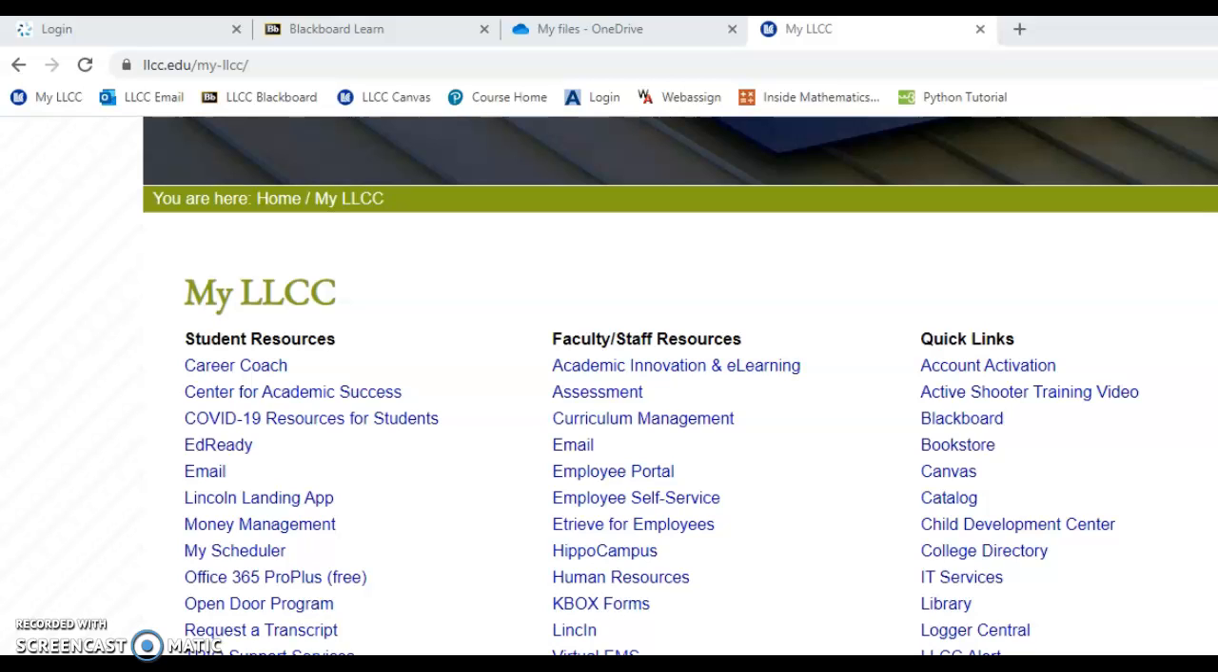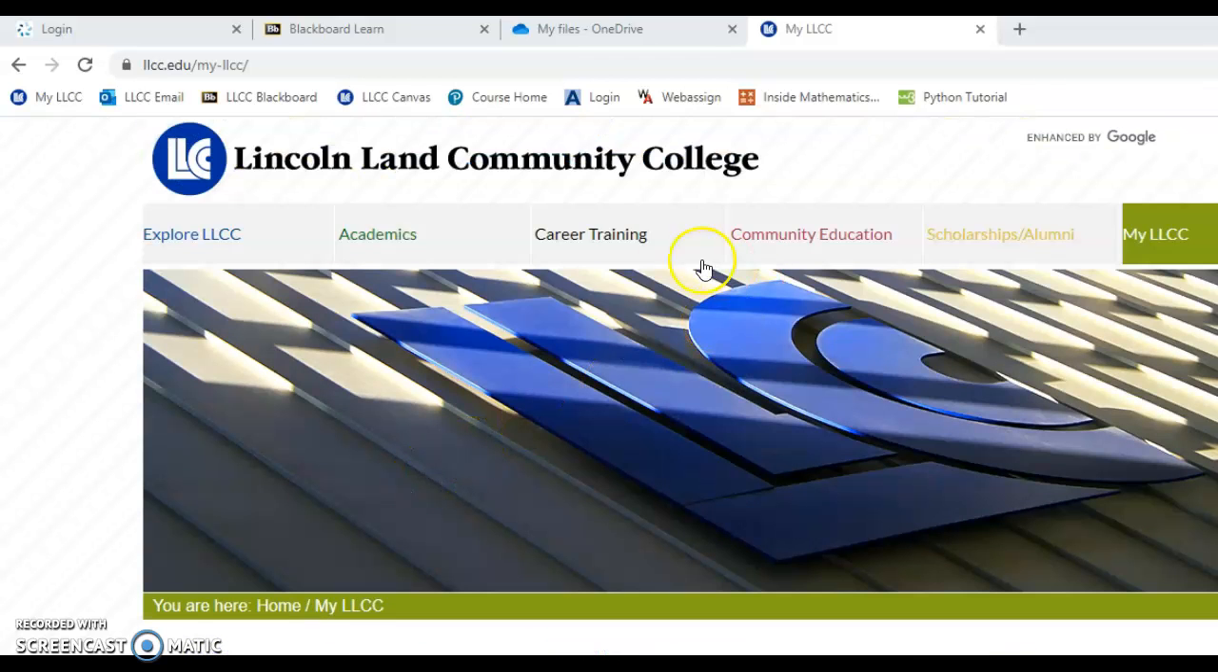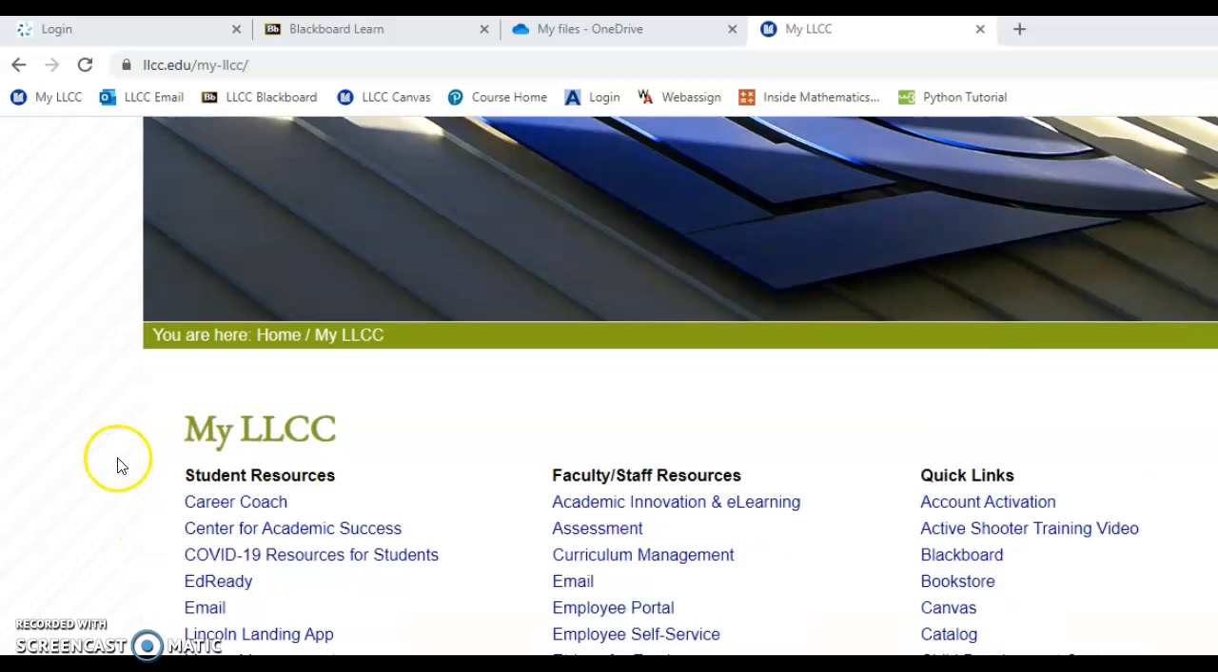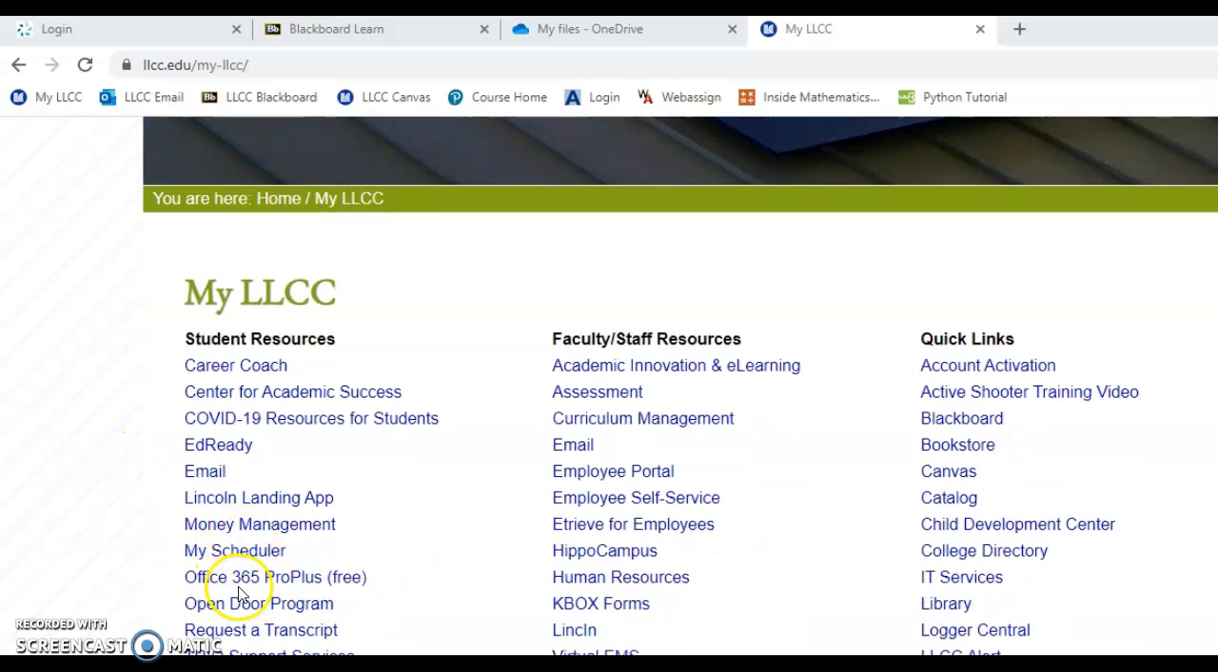Hey gang, for those of you that don't have Office apps installed on your computer, I wanted to make sure that you knew, if you go to the My LLCC tab, you have an Office 365 account through Lincoln Land, which means free. You can access all the Office 365 apps. I believe you can actually install them on your machine free if you wanted to, but you can also work